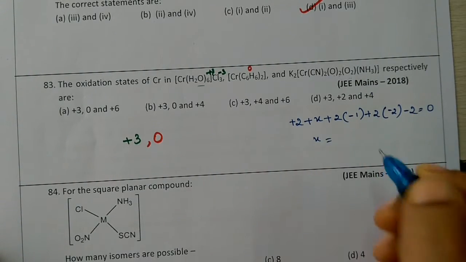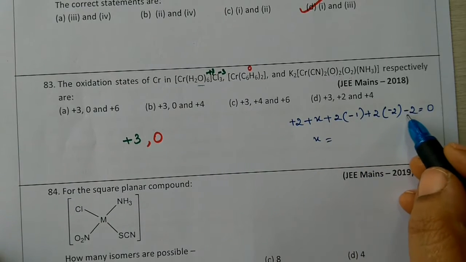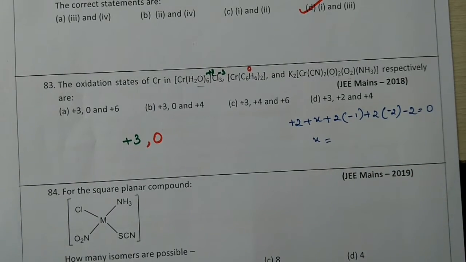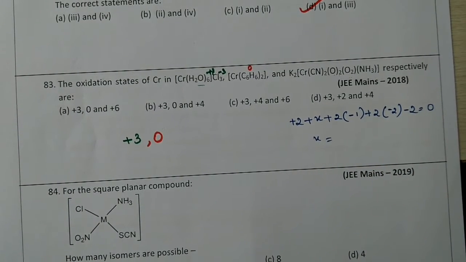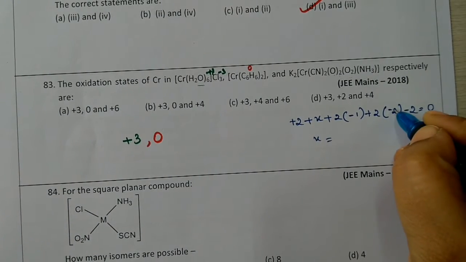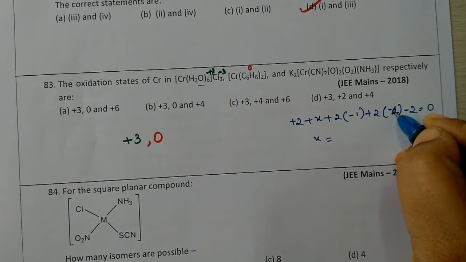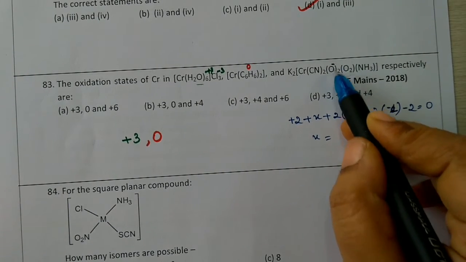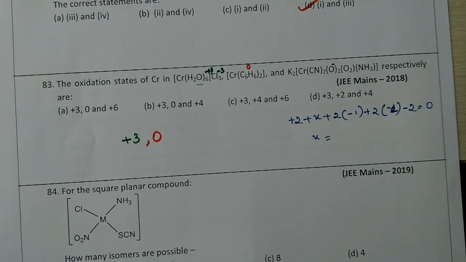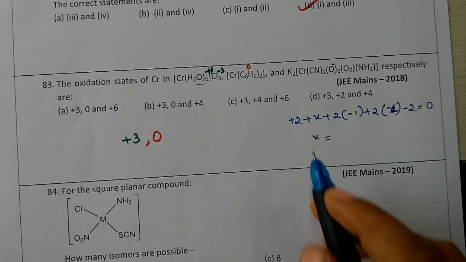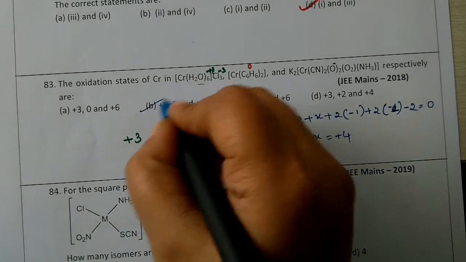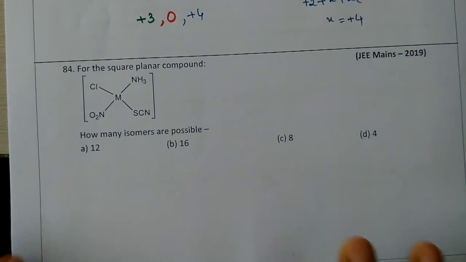So X you calculate, it is minus 2 over here. So that is -2 minus 2. Just a minute, it is not -2 here, it is -1. On each oxygen -1, and 2 oxygens we have here, it is O minus, so -1 and 2. So we are going to get the answer as +4. The fourth one is +4. Option B is the correct answer.